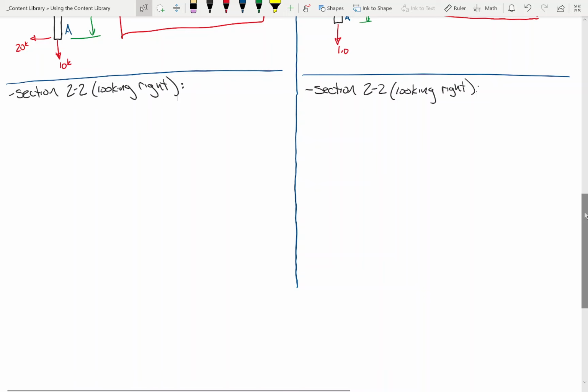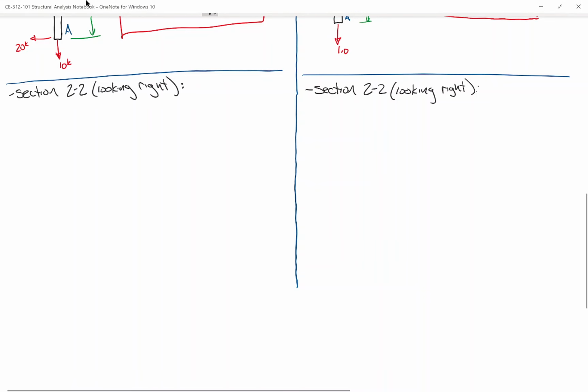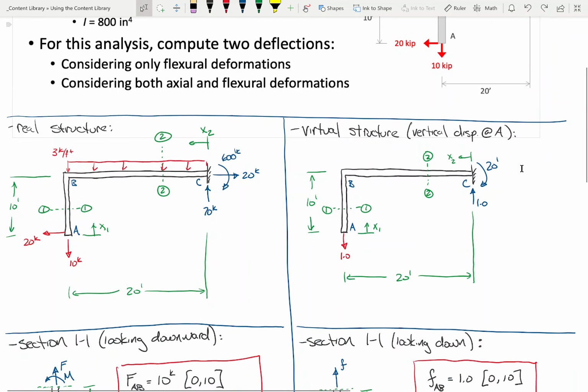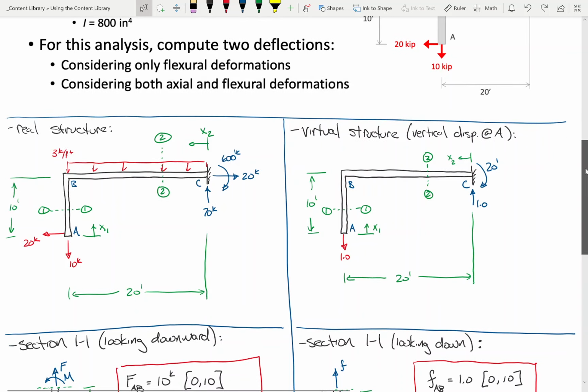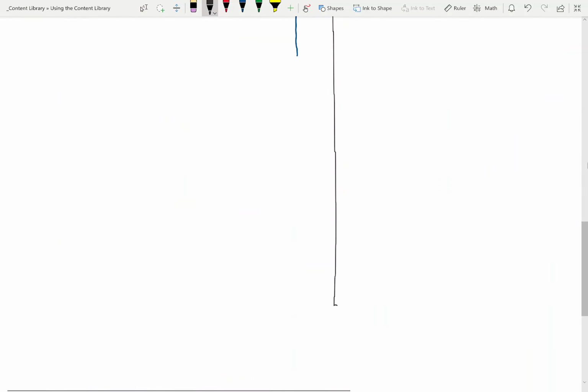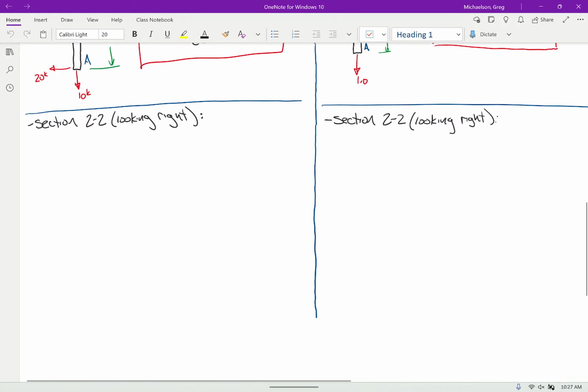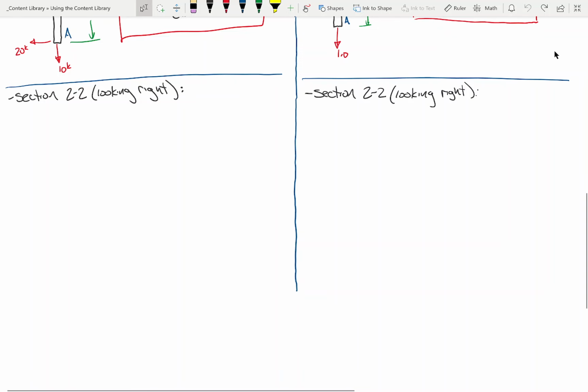Let's see what we've got here. All right, so here on the virtual structure, what is going on? My tablet is not liking me right. Oh, all right, hold on, give me 1 second. I'm going to load this back up. I'm afraid my OneNote's starting to not like me right now for some reason. Okay. Behave.